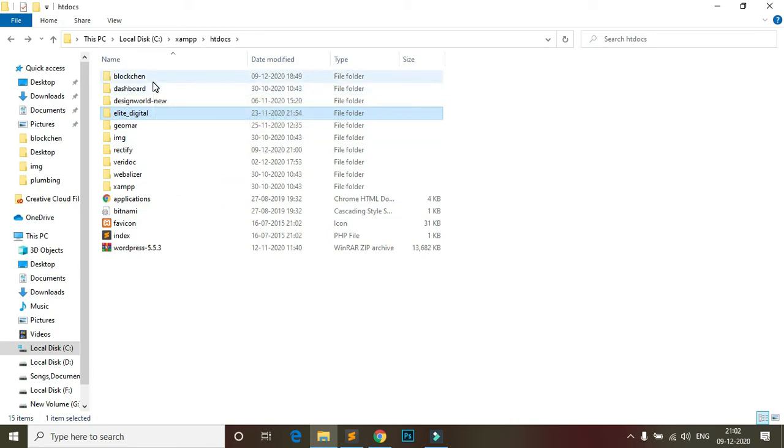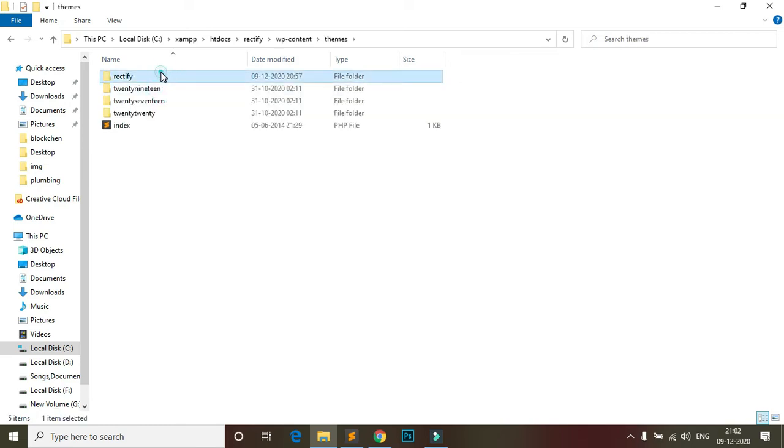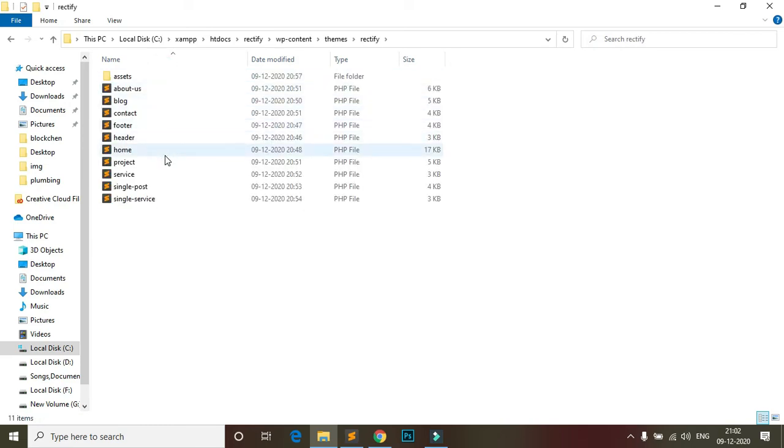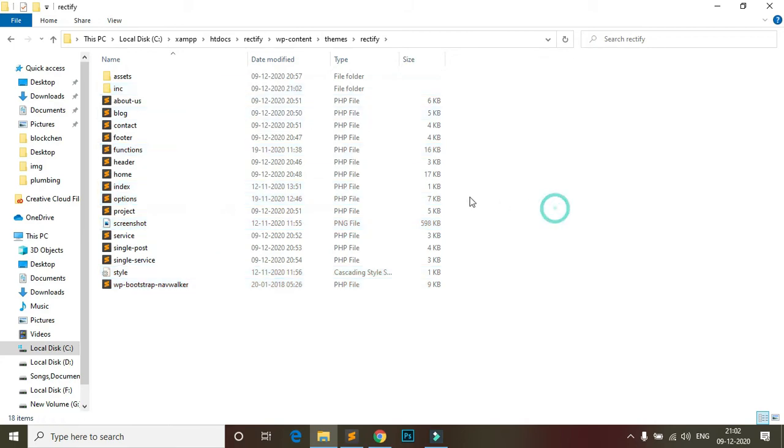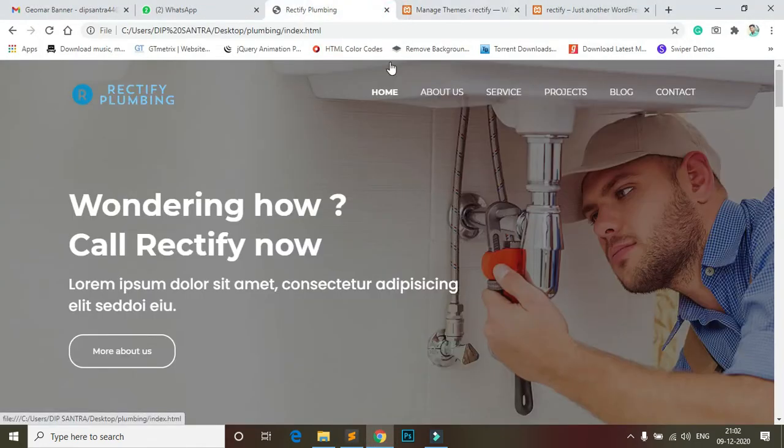Please check that also. Okay, this is the file, and go to themes, then rectify, then paste. Now you can change the names. You can see the screenshot. I need the screenshot. So this is the site. I take a screenshot and go to Paint.